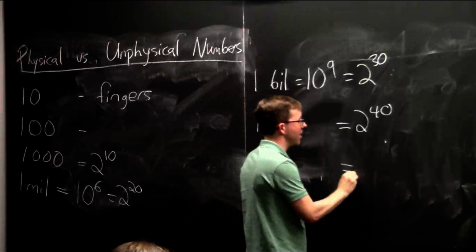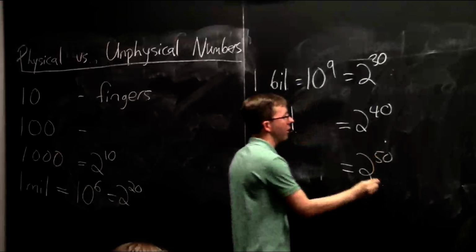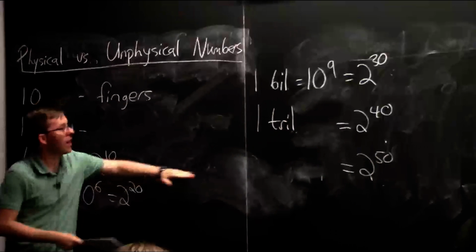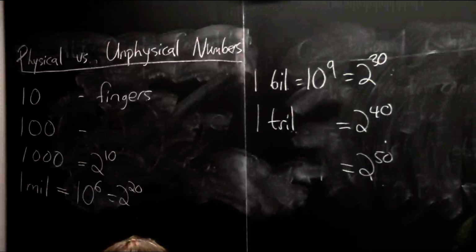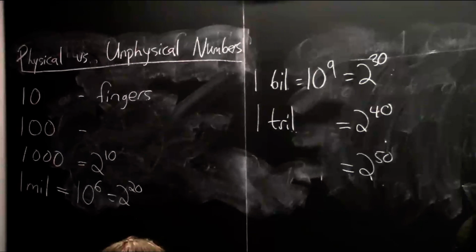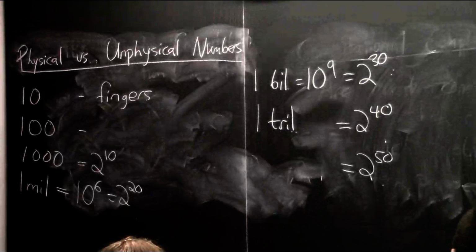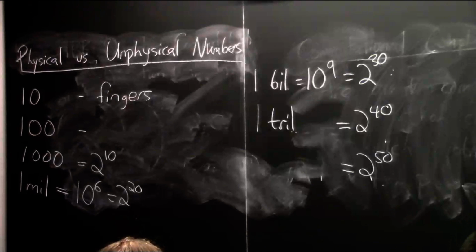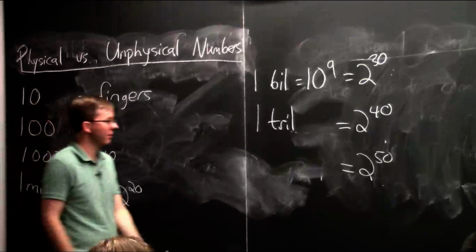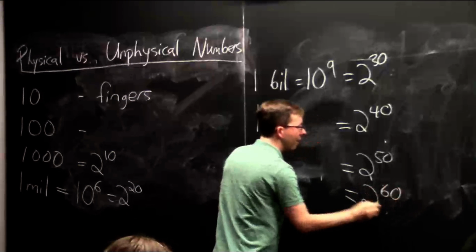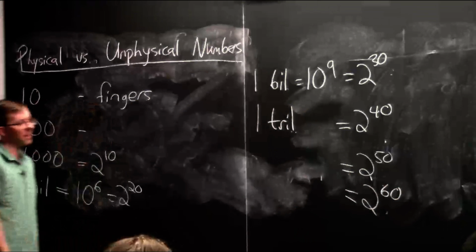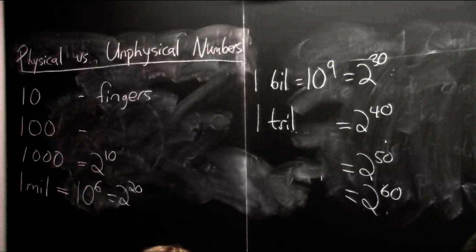Okay, the next one is 2 to the 50. I don't even know what the name of that is. But that's 1,000 times bigger than this one, right? So it's like 1,000 trillion. So 1,000 1 terabyte hard drives is a lot. Or maybe you could have 50, 20 terabyte hard drives. All right, let's keep going. 2 to the 60. That's 1,000 of these. So I guess it's like 50,000 20 terabyte hard drives.